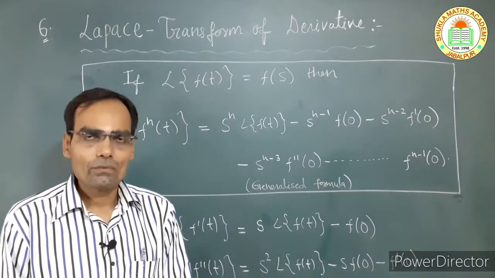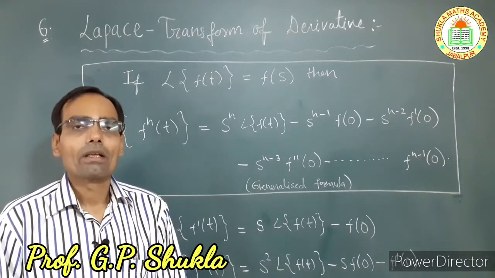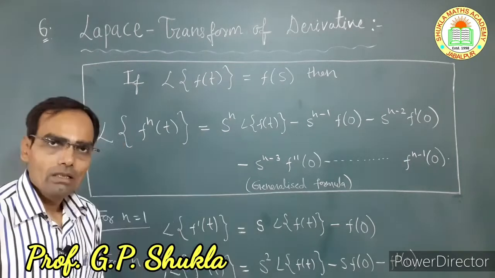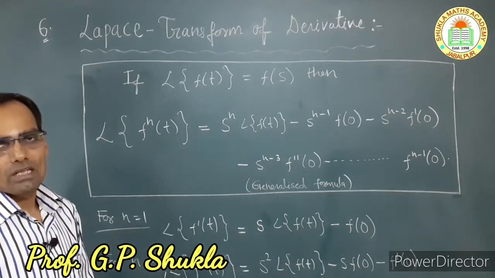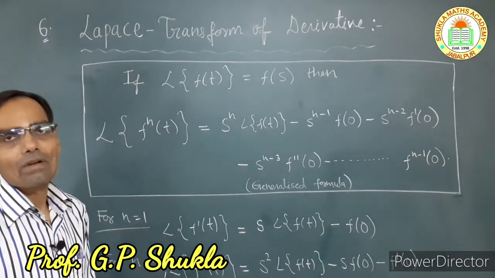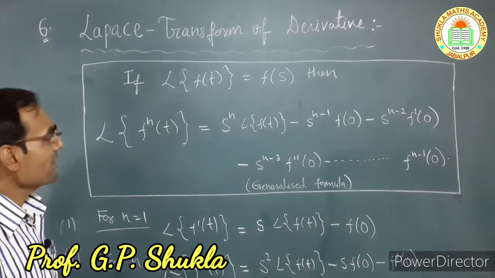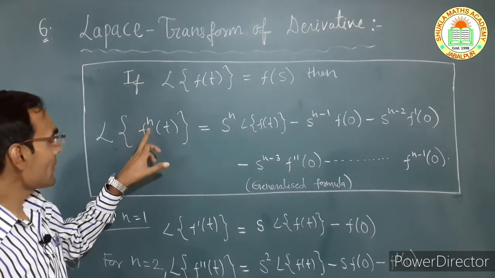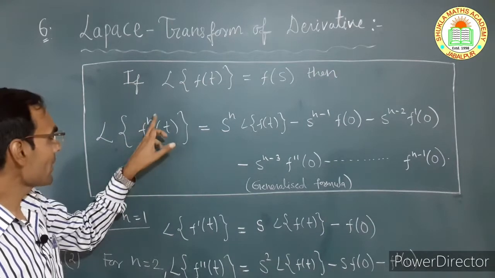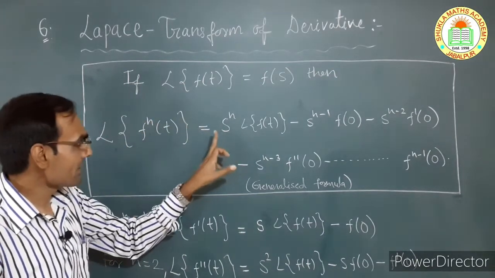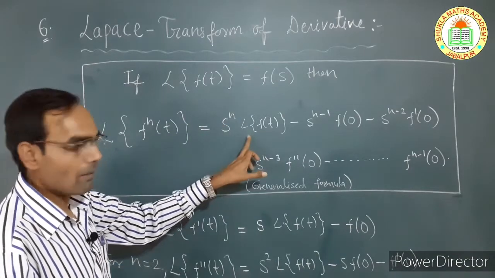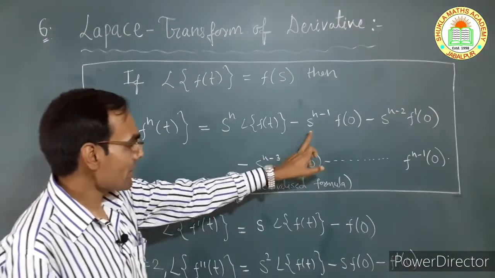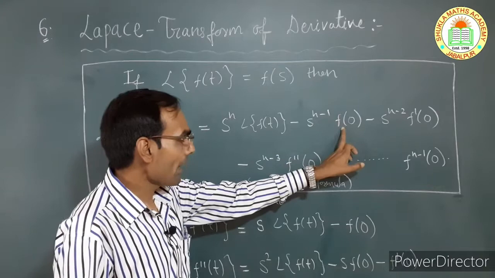Next one is the sixth one, that is the property of Laplace of derivative. Suppose we have to find the Laplace transform of the derivative of any function. So there is a generalized formula: Laplace transform of the nth derivative of f(t) is s^n Laplace of f(t) minus s^(n-1) into f(0),